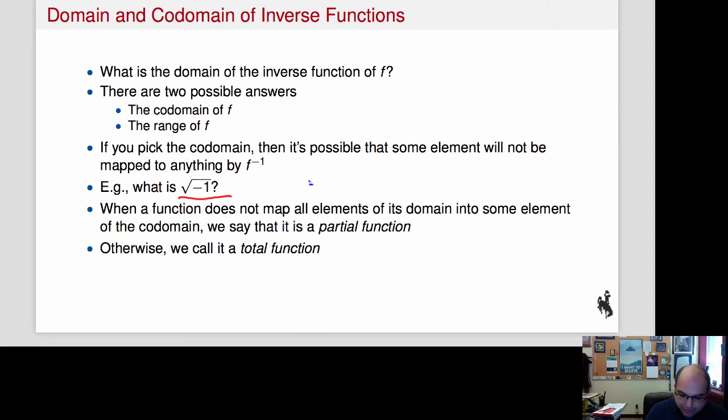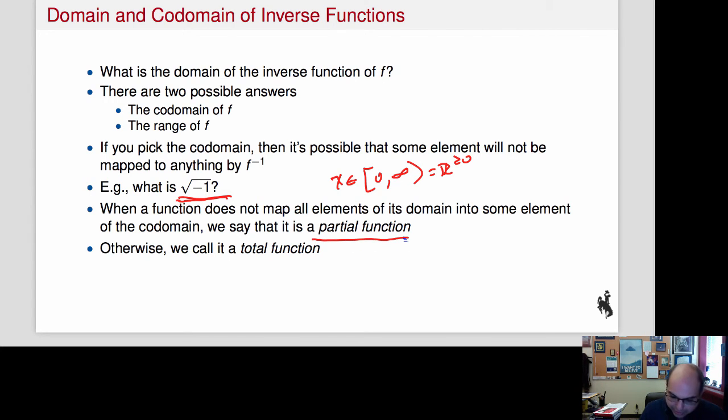If we say that we're restricting x belongs to 0 to infinity, the non-negative reals, it's still the case that we don't know what the square root of -1 is, because this is supposed to be in the range, which was all the reals. Or rather the codomain, which is all the reals. If you restrict yourself to the range, which is the non-negative reals also, then we wouldn't have a problem, right? We couldn't ask for that because that's not a non-negative real. But if we don't take care of talking just the range, then you end up with what's known as a